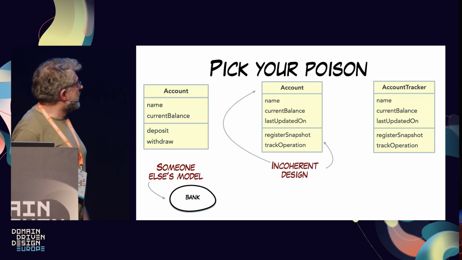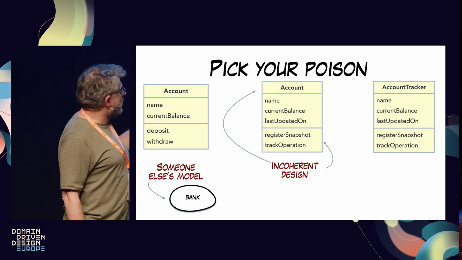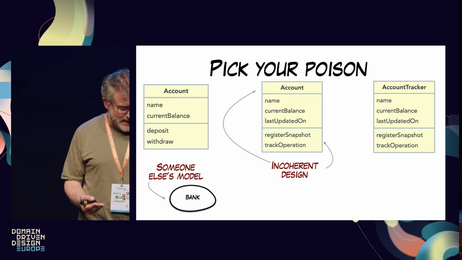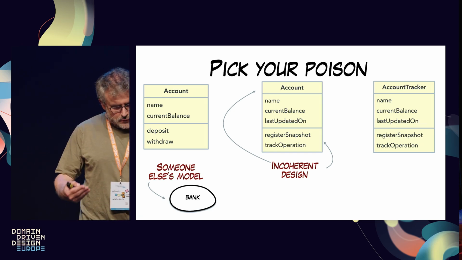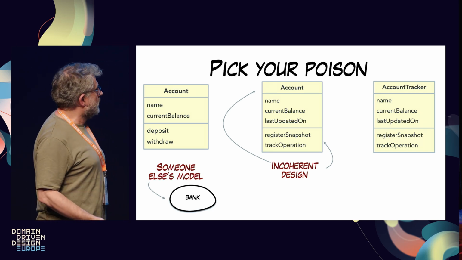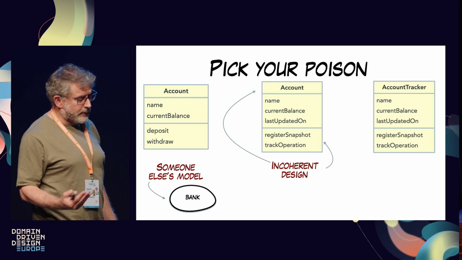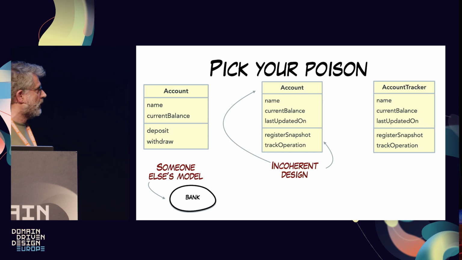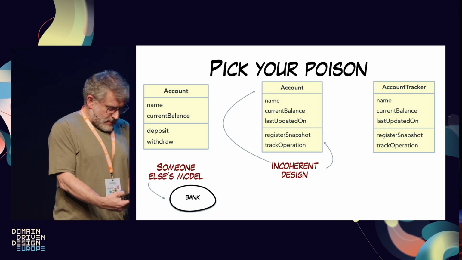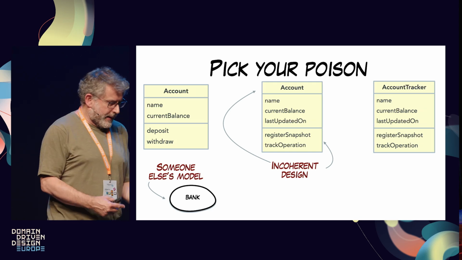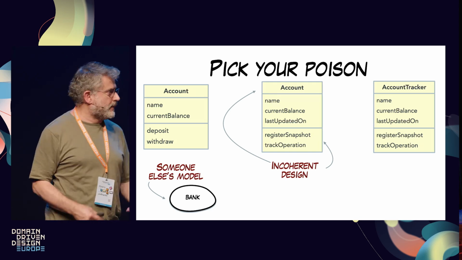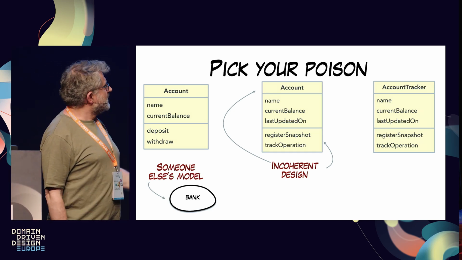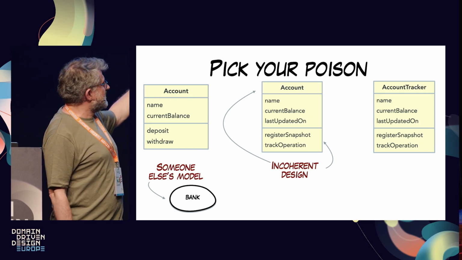The second possibility is just we have an account, but we know that we have a different type of operation, because we don't need to have an account. We just need to track what is going on in the account, and also doing this on a not so frequent basis. We didn't want to invest in integration because every single integration channel was expensive. So this was basically notes on an account. I'm checking how much it is today, I'm writing the number, and that's okay. And so we only needed, as an extra piece of information, the last updated on. Still, it didn't feel right because this is not what you do with an account.